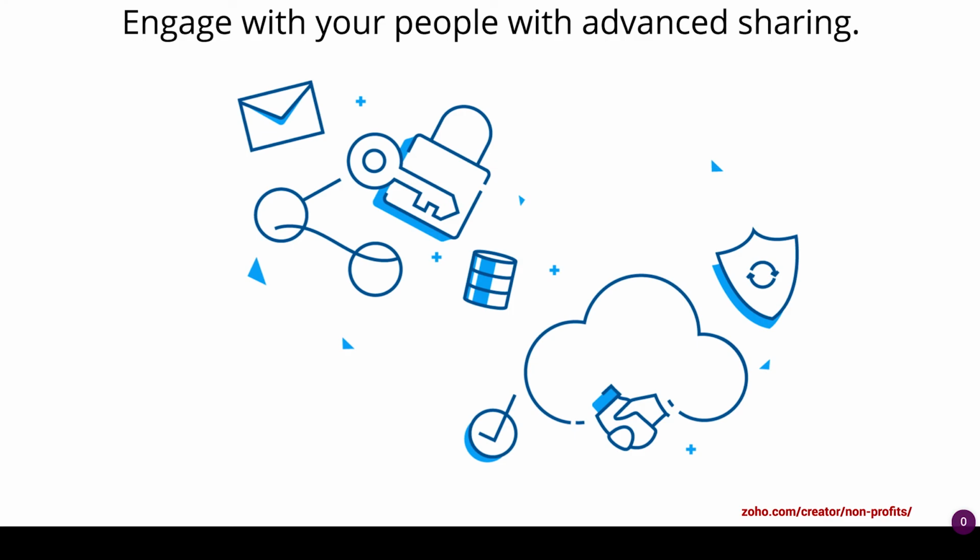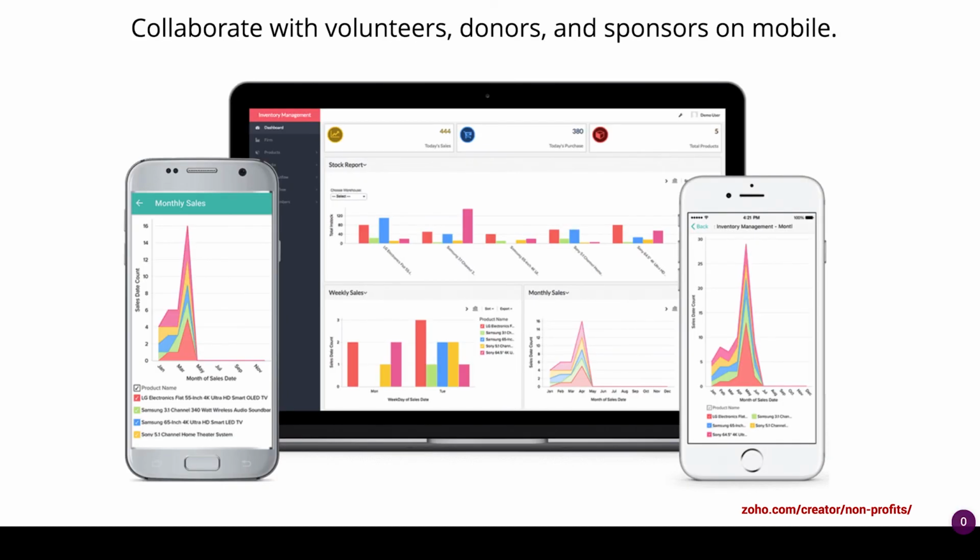The next feature we have here is called selective sharing. That is, as mentioned earlier, you can share any component of Zoho Creator with your employees based on their role. As we saw earlier, the upcoming reports, which is the calendar report, can be shared with your volunteers so they can view the future events that are going to happen and register based on their interest. Again, the donation form that we saw can only be shared with your donors and they can donate accordingly. So like this, you can select different components of your application and share it with whomever you think is appropriate.